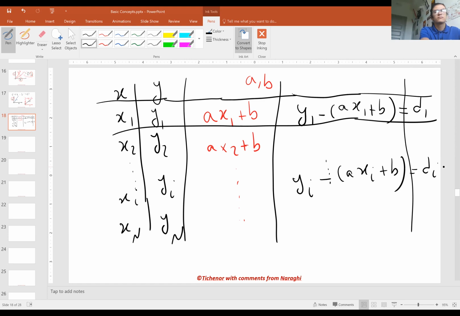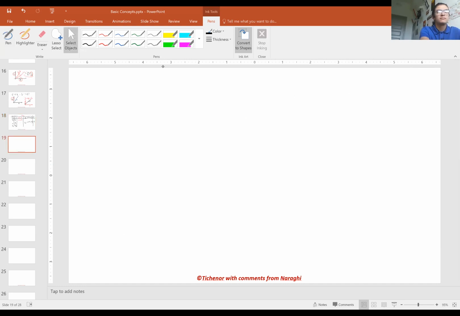Any suggestions? It might vary. Exactly. It could be positive or negative. So basically, we want to choose a and b such that all these di's are as close to 0 as possible. But I only have a and b to change, and I could have 100 data points. So then what I define is